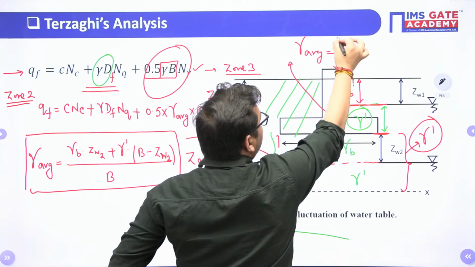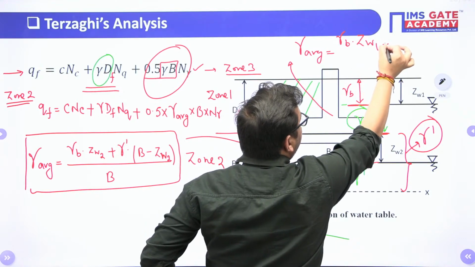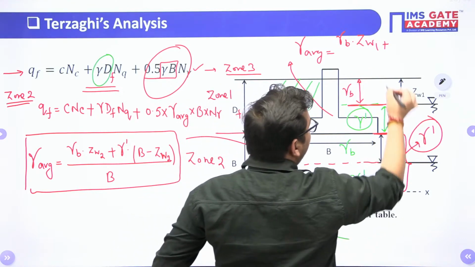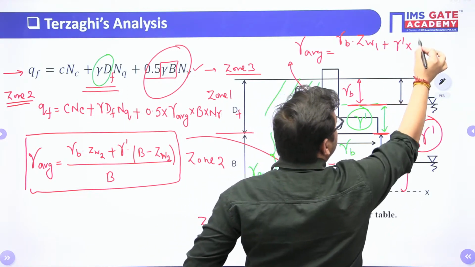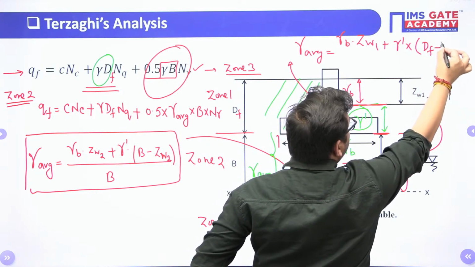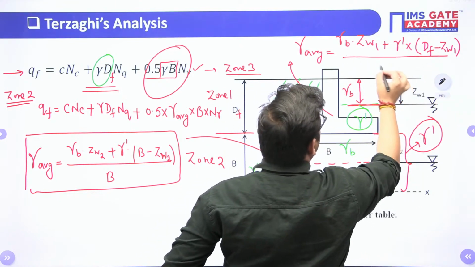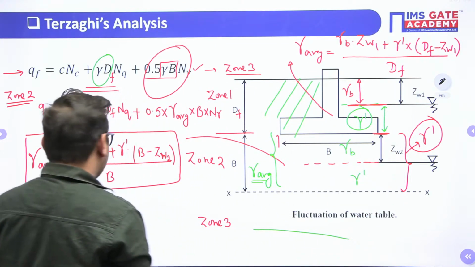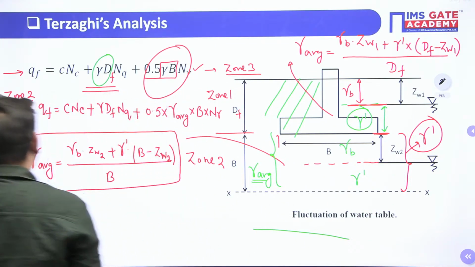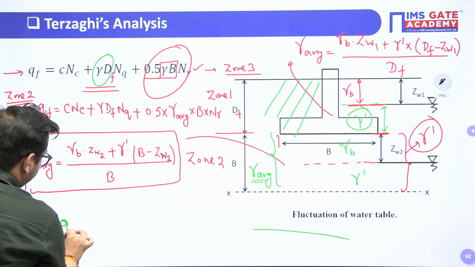Gamma average will be gamma bulk into this depth, that is ZW1, plus gamma submerged of this soil into this depth, that is total depth of foundation minus ZW1, divided by the total thickness of this layer, that is depth of foundation. Clear? So how is my formula going to change for zone number 1? For zone number 1, the formula will be QF is equal to